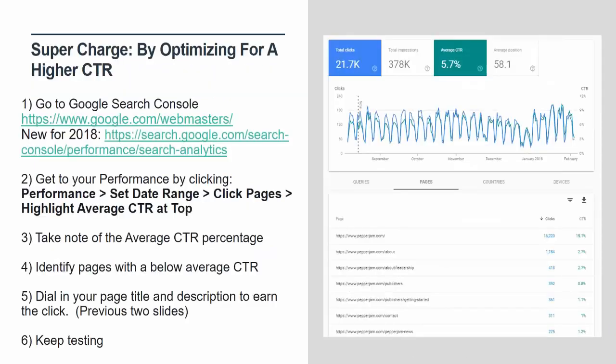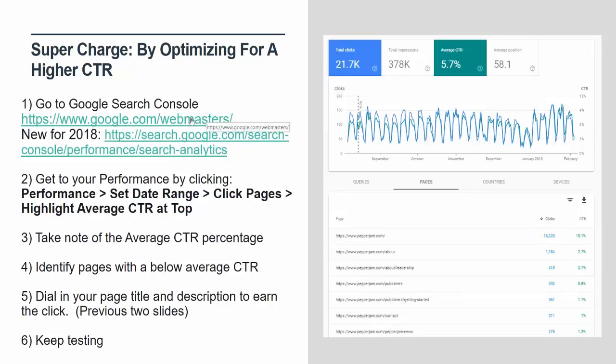Now, before, I talked about really measuring CTR. CTR again is click-through rate, and you can measure your CTR for free in Google's own data. So this is Google Search Console. It's completely free. It used to be called Webmaster Tools, and both URLs in this slide will help you sign up for it.